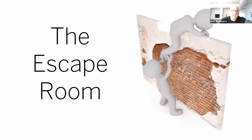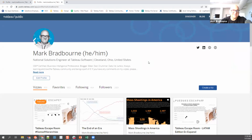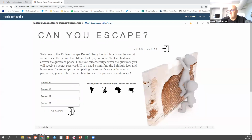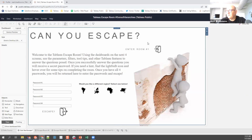So I'm going to take a few minutes and I want to actually pop inside the escape room, and just kind of show you a little bit of the inner workings of what it took to build this thing. And then probably after tomorrow's session with Bailey, it'll make more sense if you haven't looked at Tableau Desktop a lot. So, a lot of this is just kind of floating. As I created the different regions, I actually put the links here because this is the one that I have pinned to my profile, and it's the one that's in e-learning. But I wanted to make sure that people could get to where they needed to be. So let's go inside room number 1,